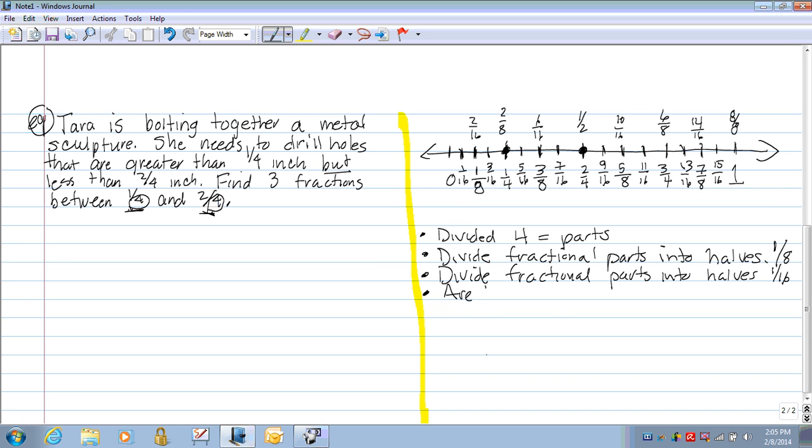Now, are there three fractions between 1/4 and 2/4? Well, let's take a look. Here's 1/4, and here's 2/4 again. I'm going to highlight those in yellow. 1/4 and 2/4. Well, let's see. Here's one fraction, here's two fractions, here's three fractions. So can we name those three fractions? Yes, we can. They are